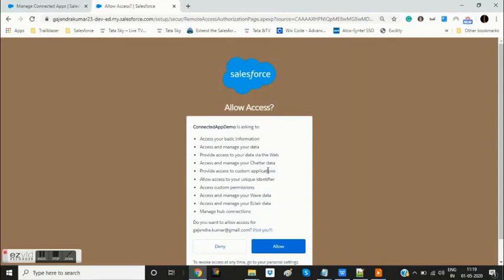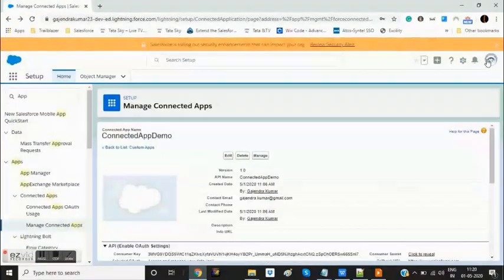Now we can see that on clicking this URL, it is asking for authorization, whether Salesforce should allow access to this client ID, as in to this connected app or not. It asks here, do you want to allow access for this user? Now why is this user coming? One second, let me do that once again for you.